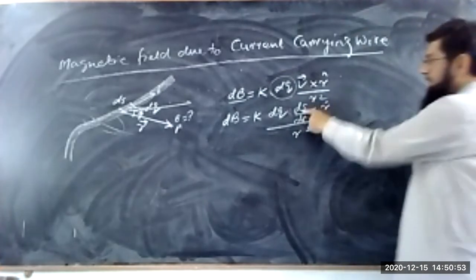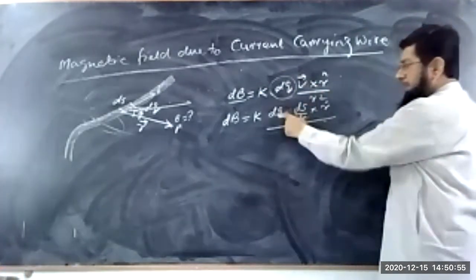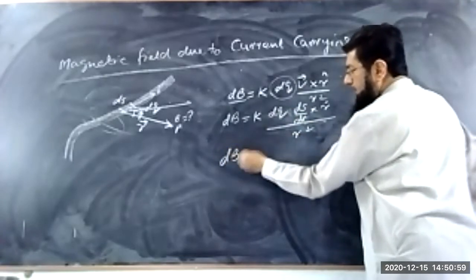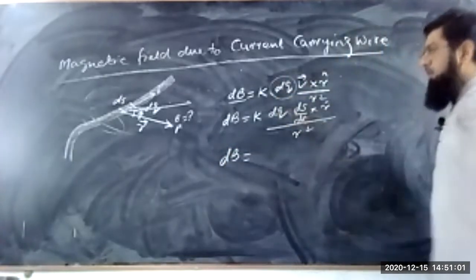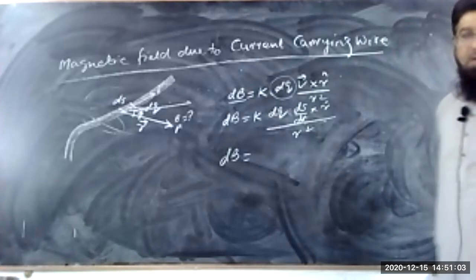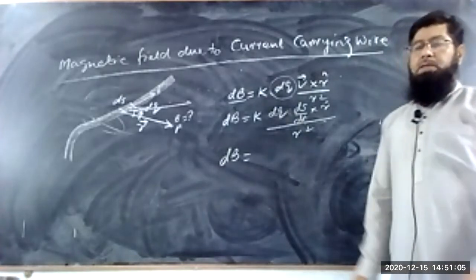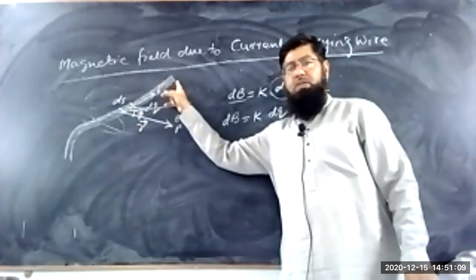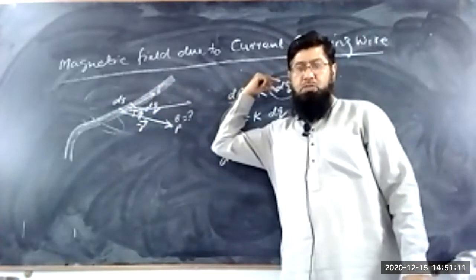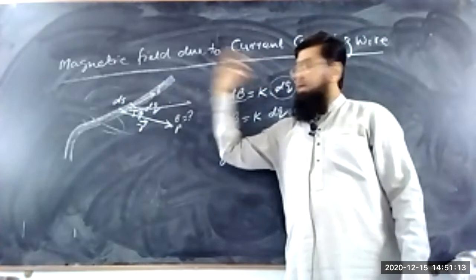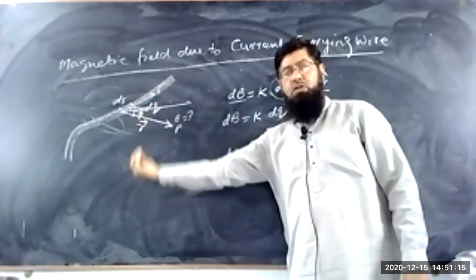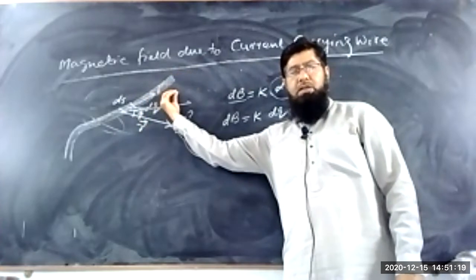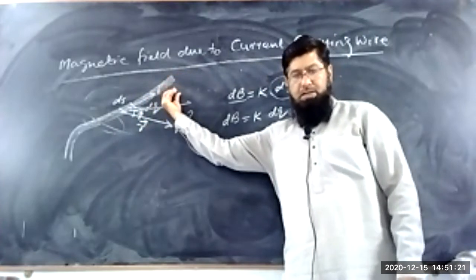ds over dt is the velocity. So dq over dt is the current. So we have transformed this equation of the charge in the form of the current. Because now the charges are moving in the wire. This is not a single charge which is moving in a space. This is so many charges which are moving in the wire. Our rate of flow of charges in the wire we call a current.